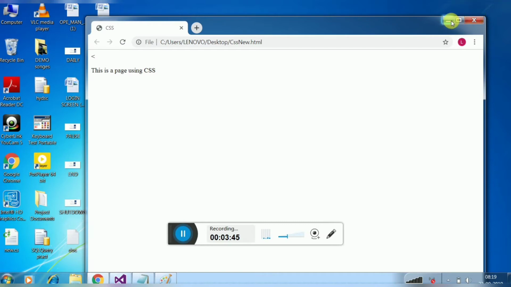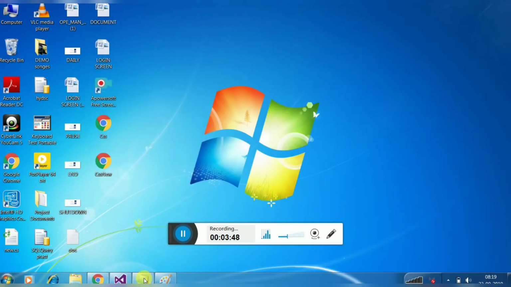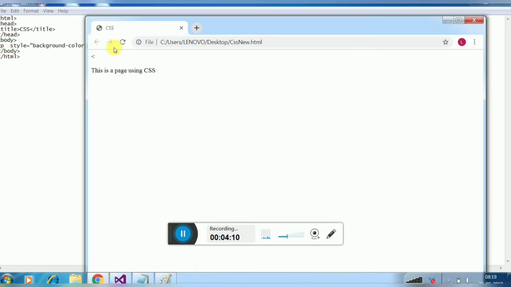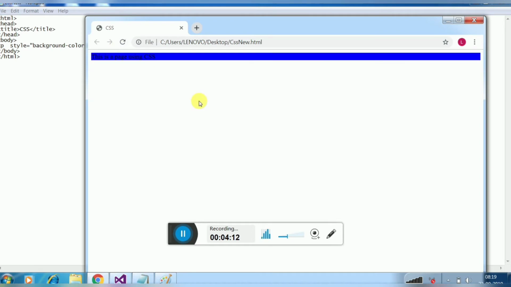We have an extra angular bracket there because of this body tag. Just save it, and I want this body to be aligned center. Now I'm going to apply CSS. How do we apply CSS? Applying style is equal to background-color. Oh, sorry, I already wrote it. I'm just pasting that code, saving the file and refreshing the page. Now observe this. This is called inline, where we write within the line.